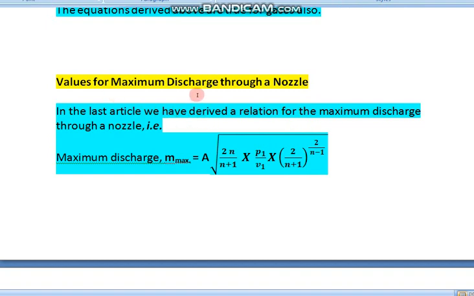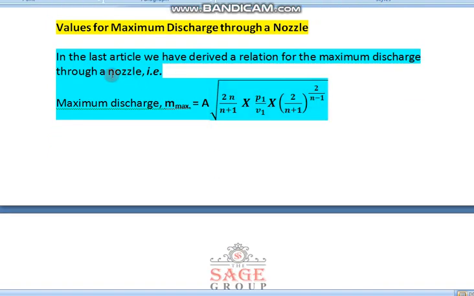Now values for maximum discharge through a nozzle. In the last article we have derived the equation for the maximum discharge. It is equal to a square root 2n by (n plus 1) into p1 by v1 into (2 upon (n plus 1)) to the power